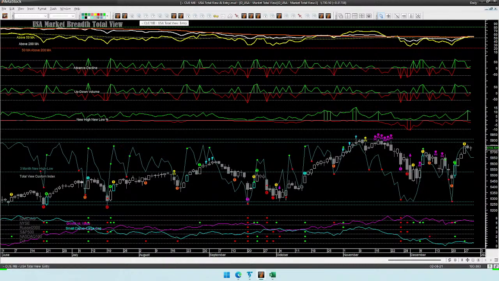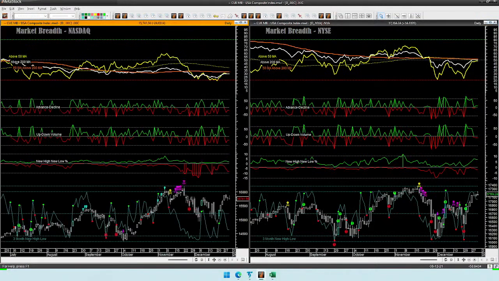Let's look at Nasdaq versus NYSE. I'll do that quickly. Right at this point for Nasdaq, when it hit the 20% level for percentage of stocks above 50 MA, that was the buy point. That is the way I use percentage of stocks above 50 MA as an oversold overbought indicator. At 20% level, it became oversold, and that was the time I was starting to buy stocks, and that was the time SPY bounced up from trendline support.